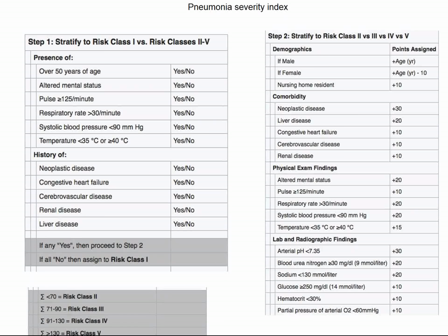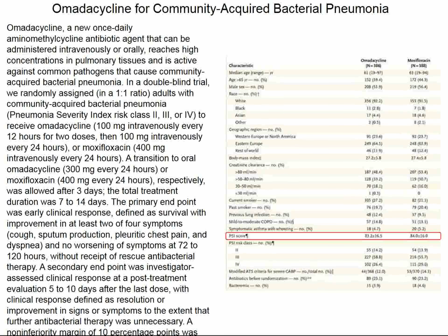And so we stratify these patients clinically in terms of a Pneumonia Severity Index. The severity index is a function of age, heart rate, respiratory rate, blood pressure, history of underlying problems such as cancer, heart failure, stroke, kidney disease, and liver disease. Then we can subclassify these patients further in terms of the clinical features that are shown here on the right, add these things up to establish a risk classification. That was also done in this study where